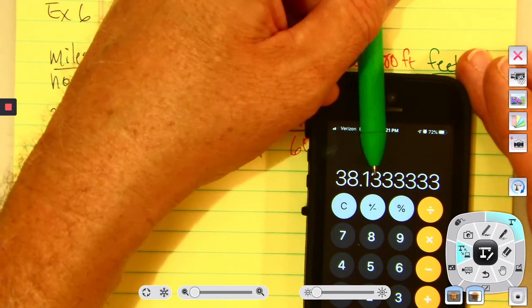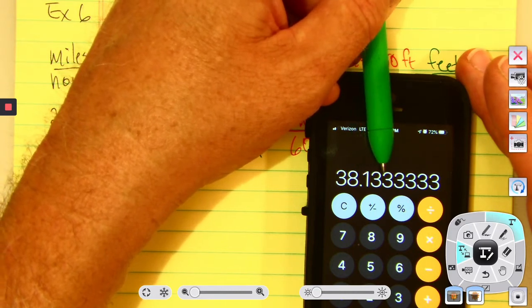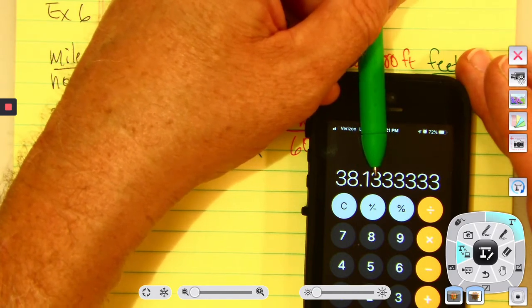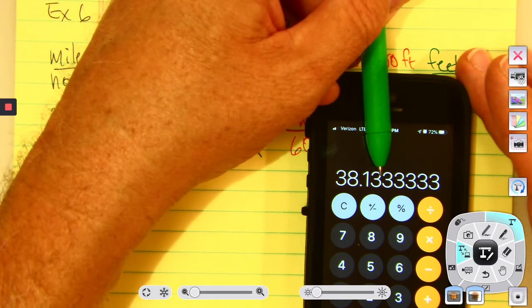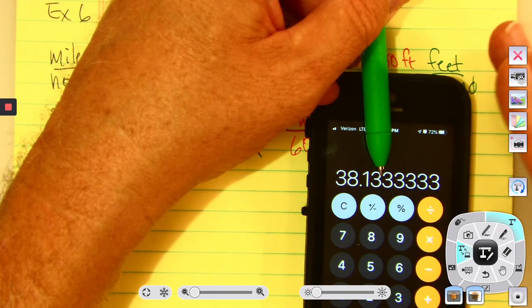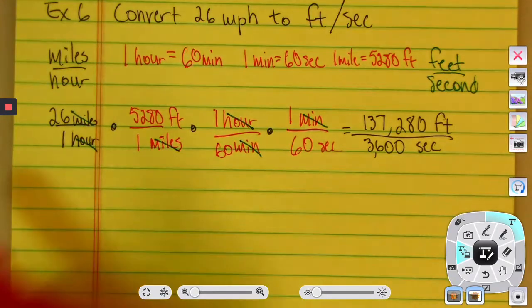Excuse me, this 3 is the hundredths place. So this is the tenths, hundredths, thousandths. So 2 decimal places is the hundredths place. I'm going to look to the right of the green pen. That's a 3. If it's 4 or less, I know I just leave it alone. So I'll round that to be